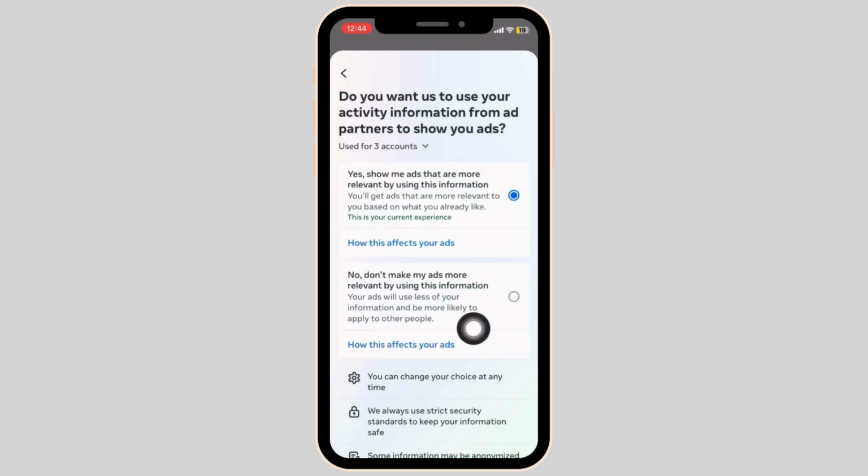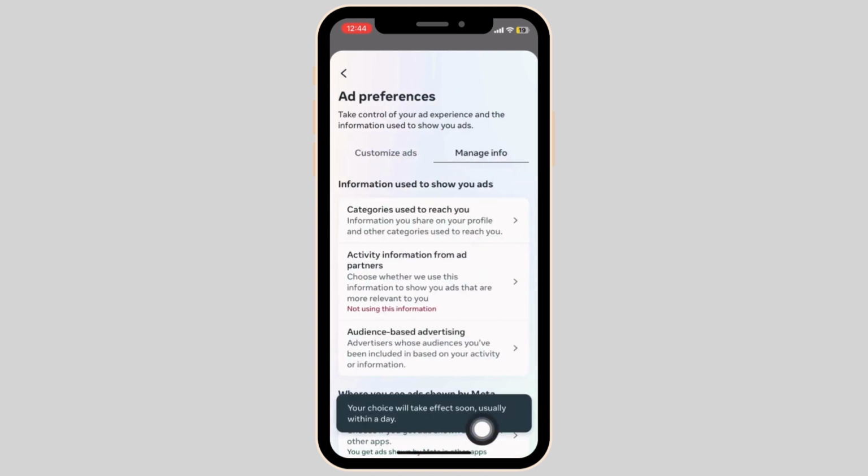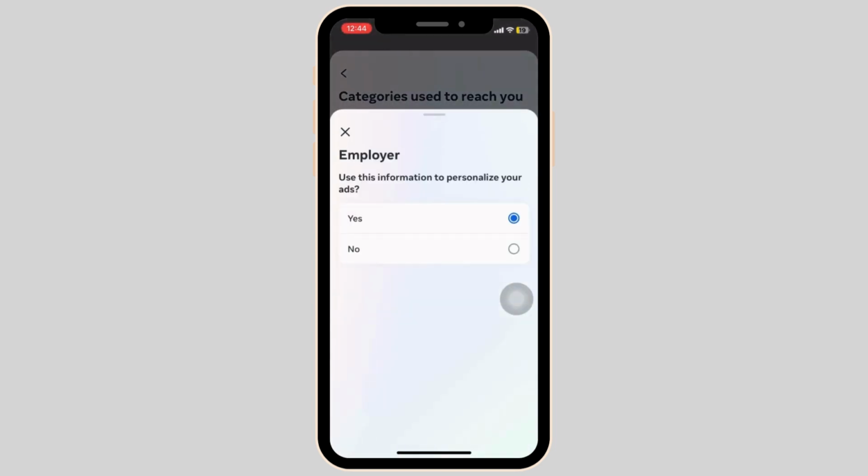Tap Review Setting. Now make sure you tap on the No, Don't Make My Ads More Relevant and simply hit the Confirm. Going back to Ad Preferences, now select the categories. As shown on the screen, you are required to individually select all of these categories and pick No for the